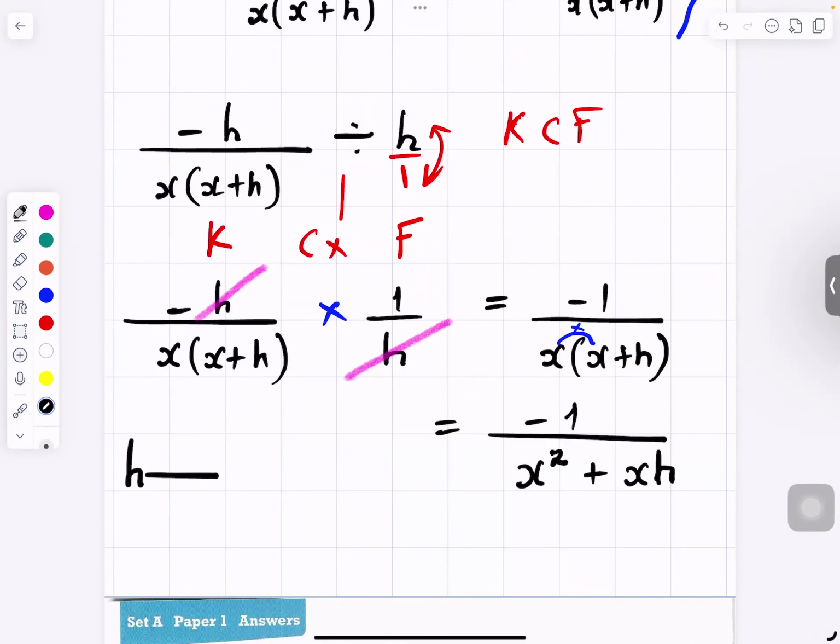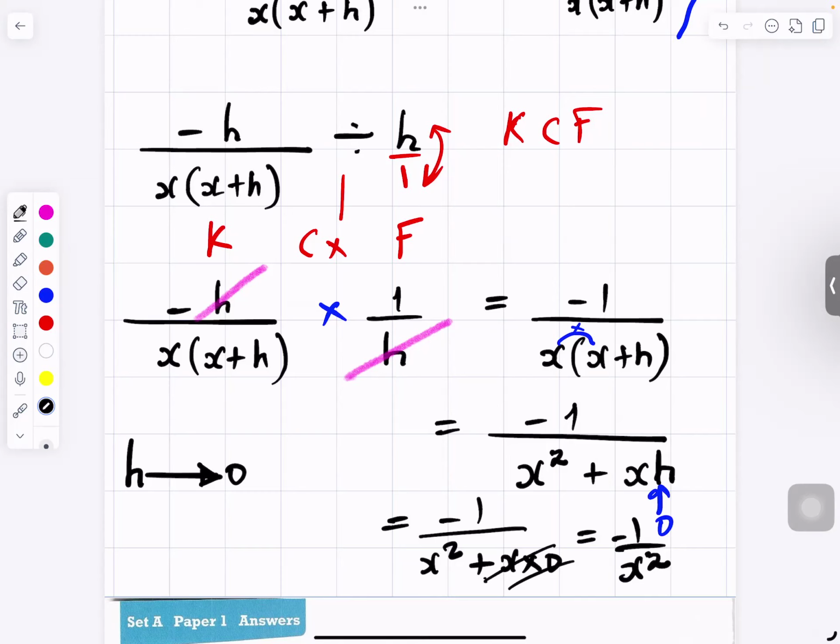That means if you put 0 there for h, so that will be minus 1 over x squared plus x times 0. This will all become 0. So you get minus 1 over x squared. So that is your final answer, minus 1 over x squared. So dy over dx is equal to minus 1 over x squared, which is the same